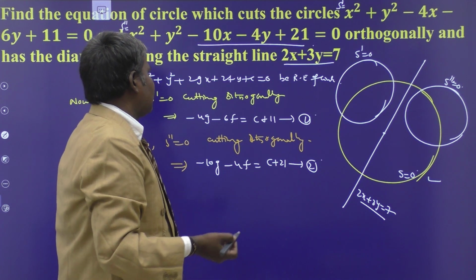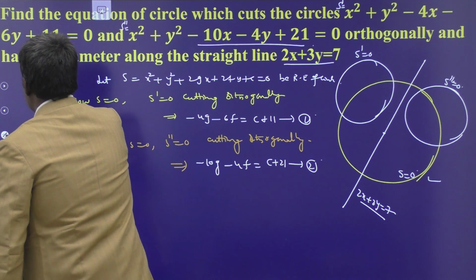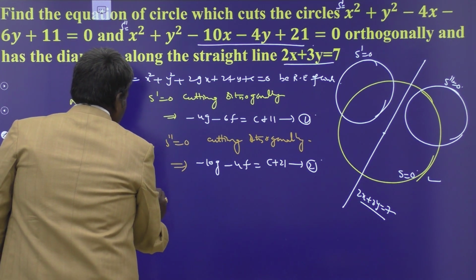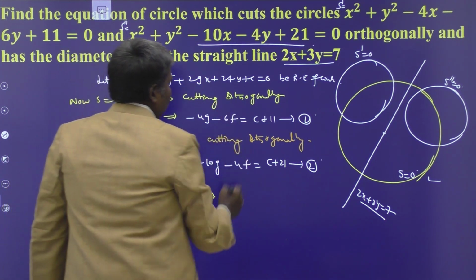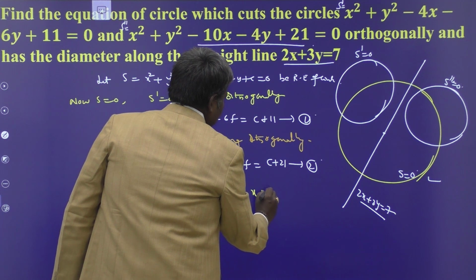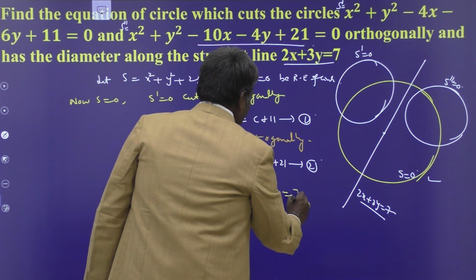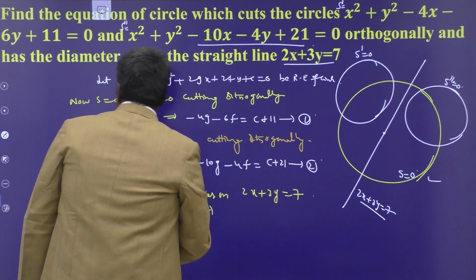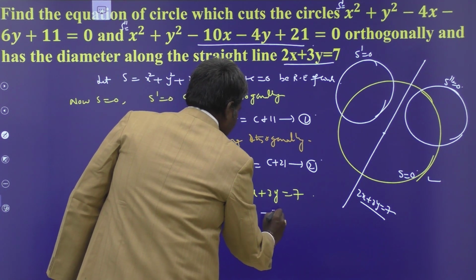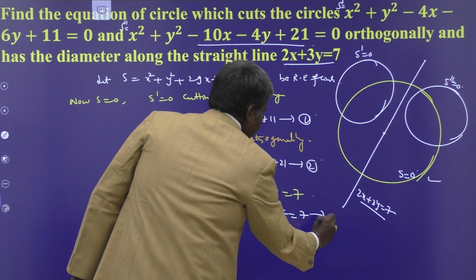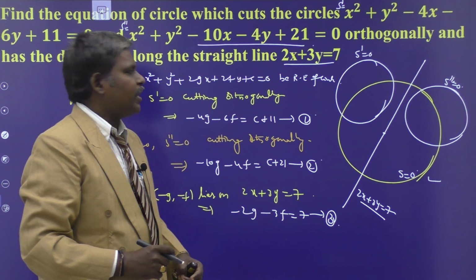And what is the third condition? It's a center. Minus g comma minus f lies on that line. Third condition is what, my dears? Center is equal to minus g comma minus f lies on 2x plus 3y equal to 7, because center must and should lie on every diameter. 2x plus 3y is equal to 7. We mean minus 2g minus 3f is equal to 7. This is the third condition. So by solving these three equations we obtain f, g, c values.